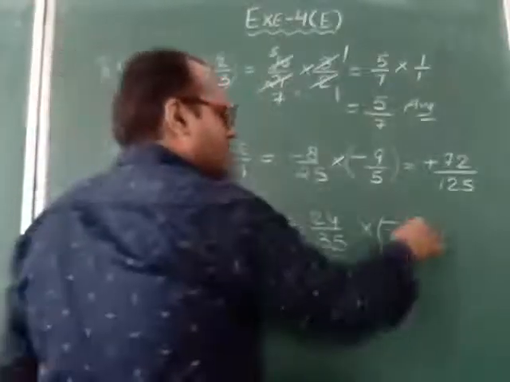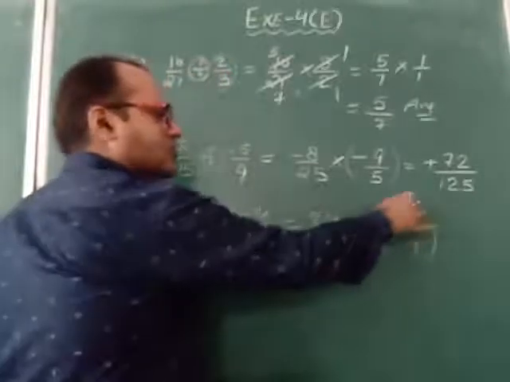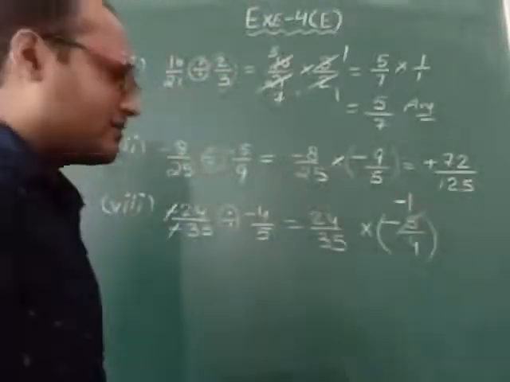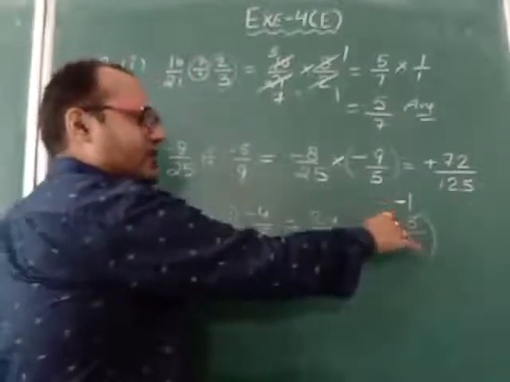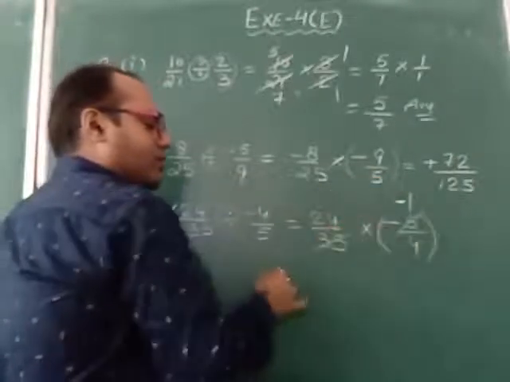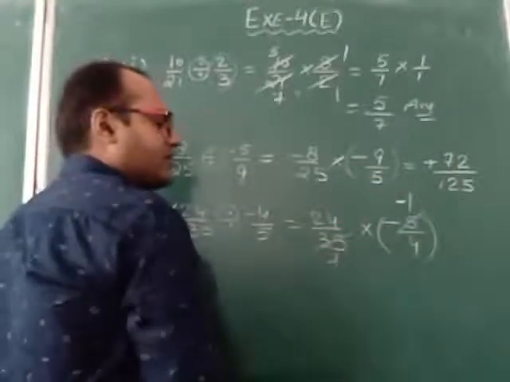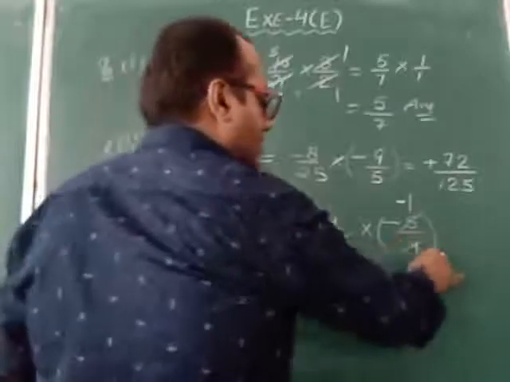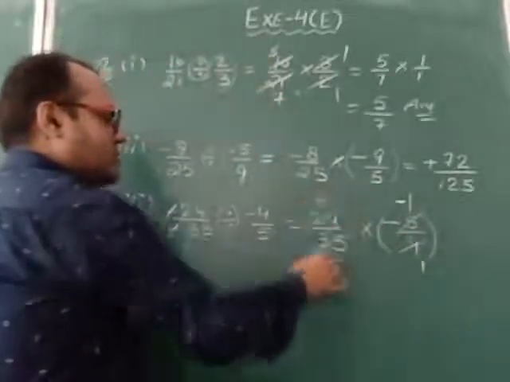Now 5 1 ja 5, minus is also there. So in the answer we have to put minus. This number we had cancelled in the numerator. Now we will cut in the denominator. 5 7 ja 35. Similarly we will do here 4 1 ja 4, 4 6 ja 24.